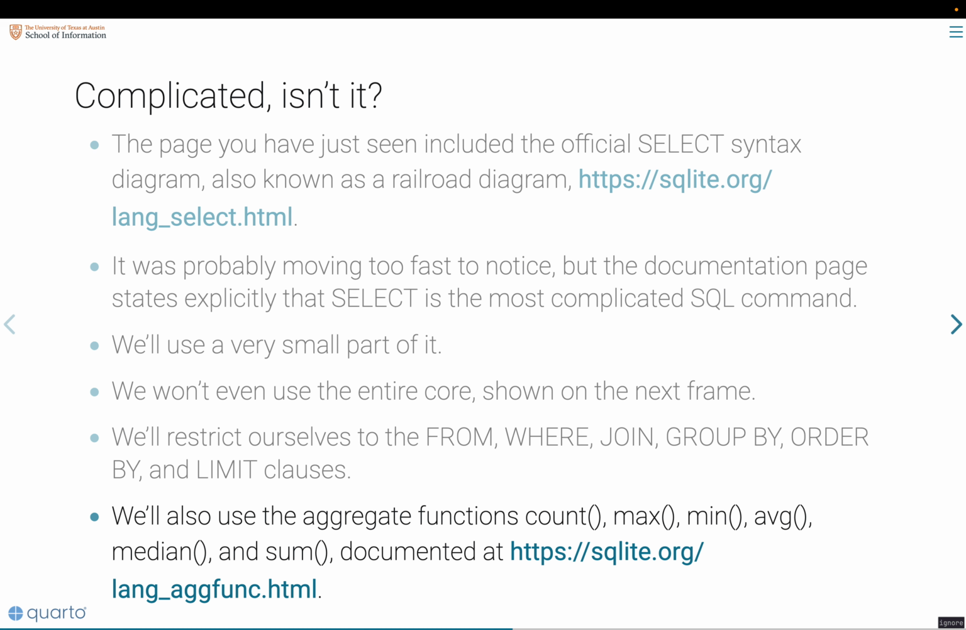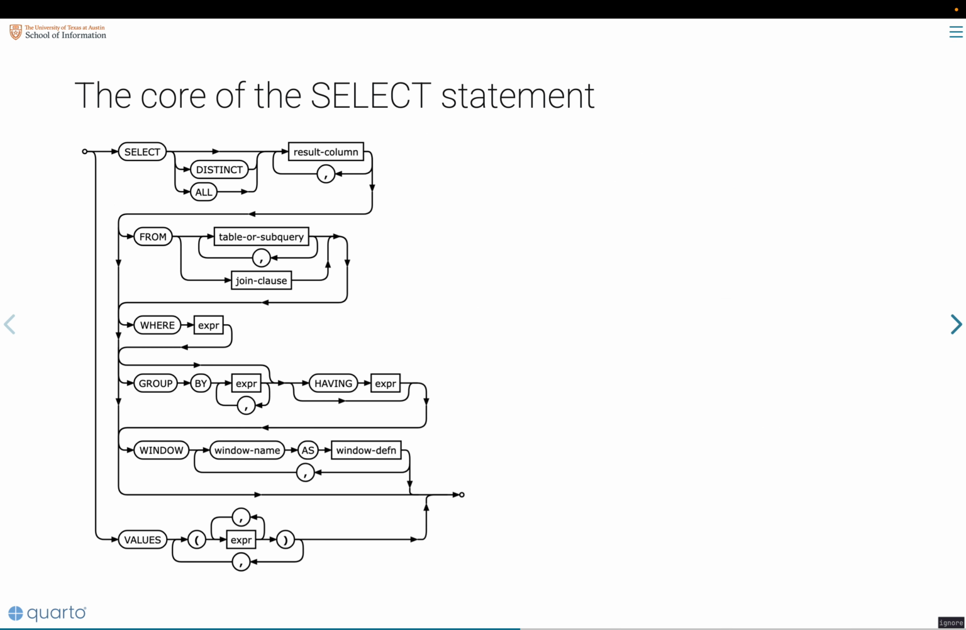at the SQLite documentation page, lang_agfunc. Okay, so here's the core of the select statement. So the core of it starts with potentially something else. You can put a with clause before this, but we're just going to start with select, and we're going to do the subclauses from, where, group by, and we're not going to use window, and we're not going to use